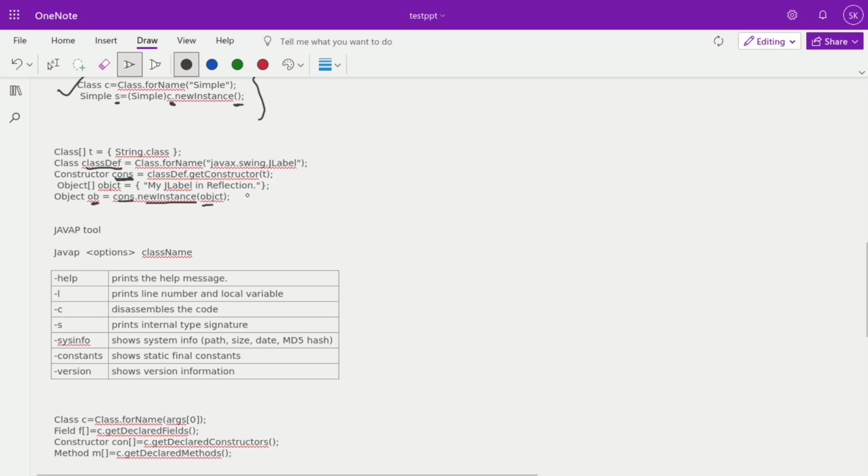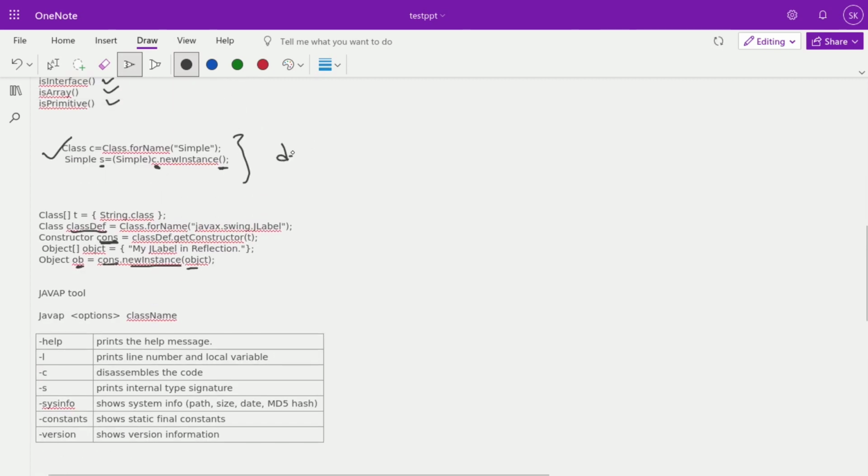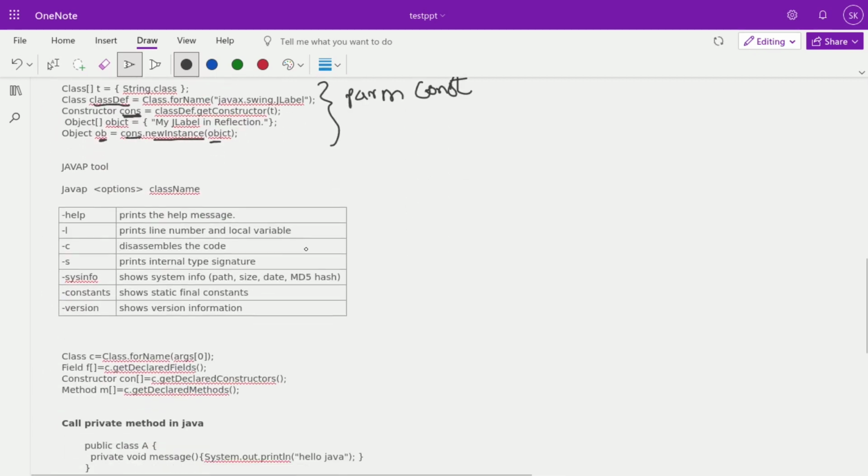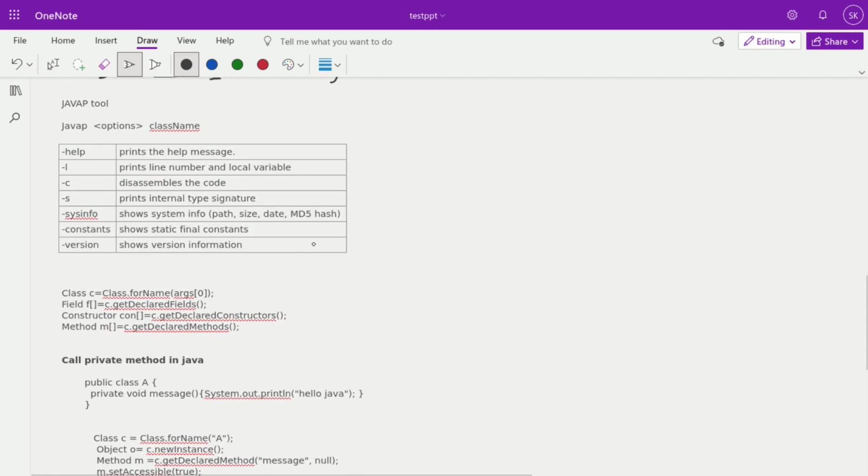Okay, this is the default way to write a default constructor. But if there is a special or parameterized constructor, then you are required to do these steps to create a parameterized constructor. Okay, apart from that, there are Java profiler tools, like if you want to compile,